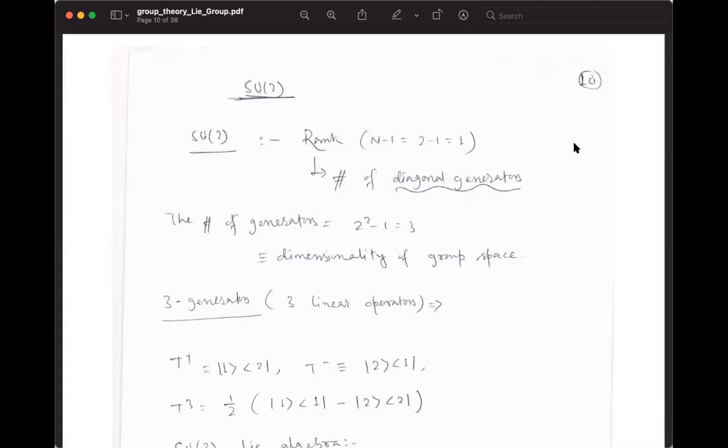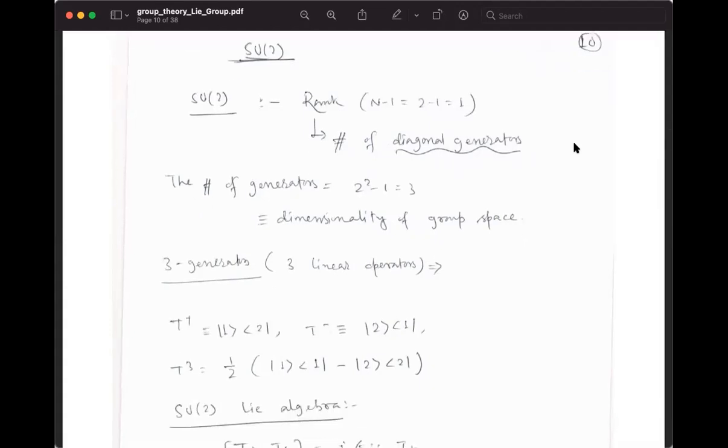So as we have discussed last time, the SU(N) group rank is basically N minus 1. Now the rank, as you know, is basically the maximum number of diagonal generators. So for SU2, the rank is N minus 1 equal to 1. So you see that in any representation, whatever you do, among those three generators of SU2, only one generator can be kept in a diagonal form. And why three generators? Because the number of generators for SU(N) is N squared minus 1. It has three generators, right?